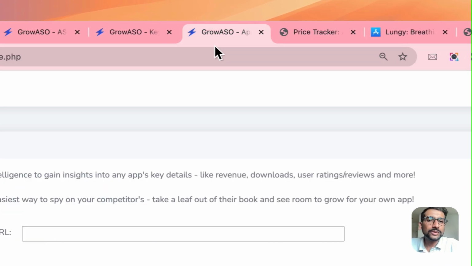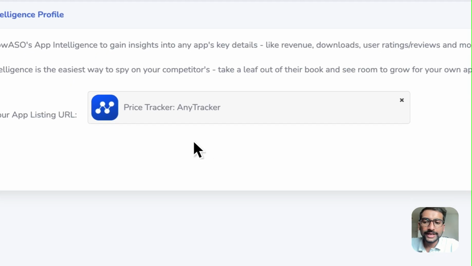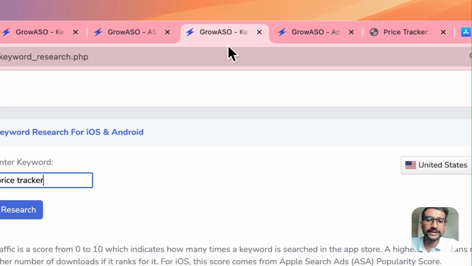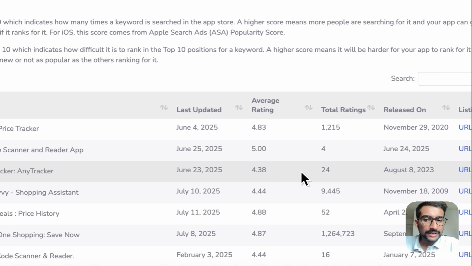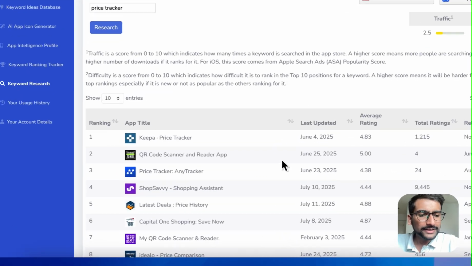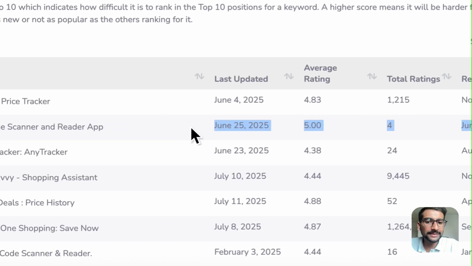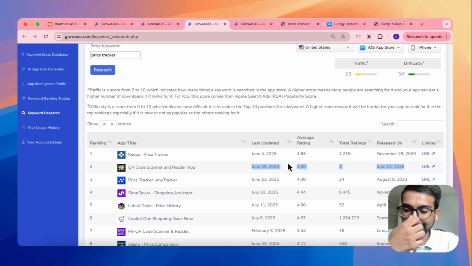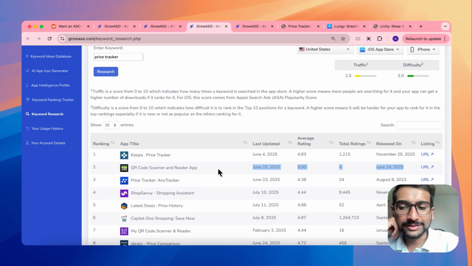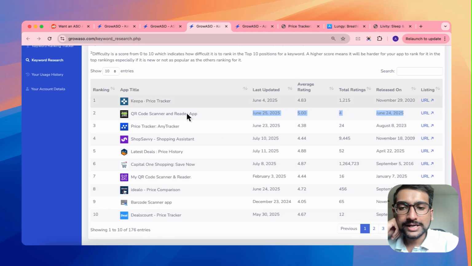And let me also see what users are complaining about for your app because of the 4.38 rating. So yeah, there are two other apps. The interesting thing is there's one app, a QR code scanner, at number two. I think this is just temporarily benefiting from the ASO boost. I think you could potentially get back to number two once their ASO boost dies, because you are quite